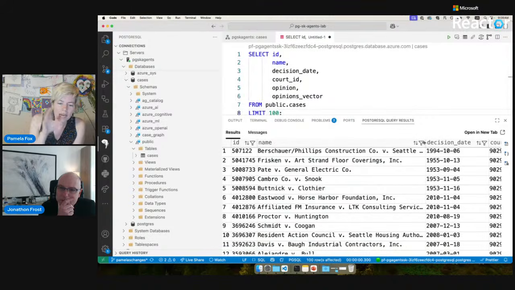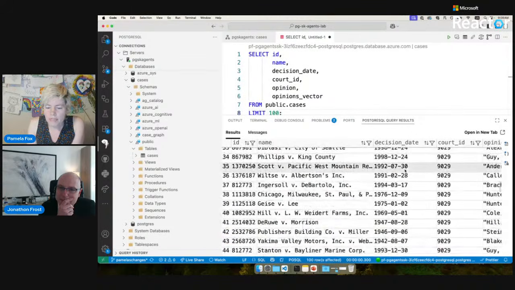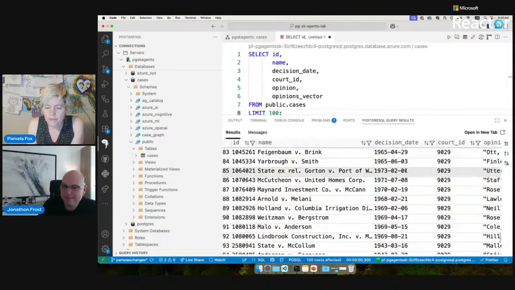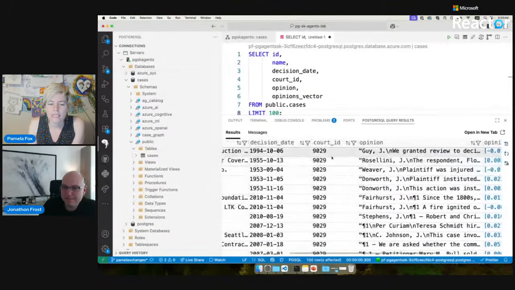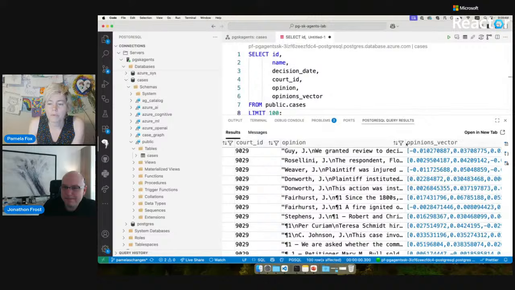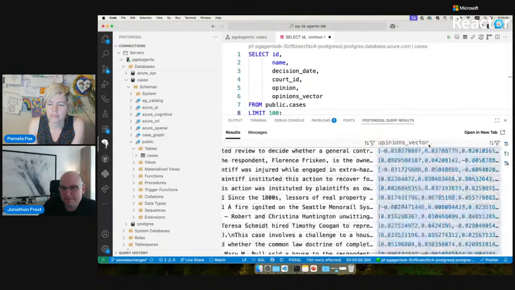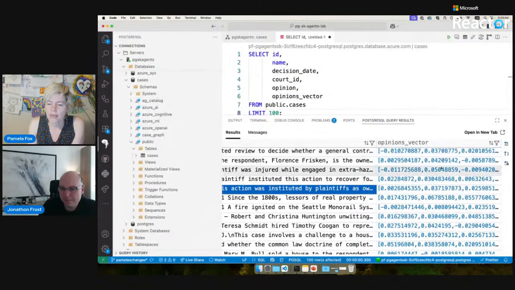They're all like X versus Y. The decision date: we've got things going back even to the 1960s, way back to the 1940s. Then the court ID, and the actual opinion. That's where the really interesting stuff is. This is a big text field. And then there's also the vector embedding that I generated using the Azure OpenAI extension yesterday.